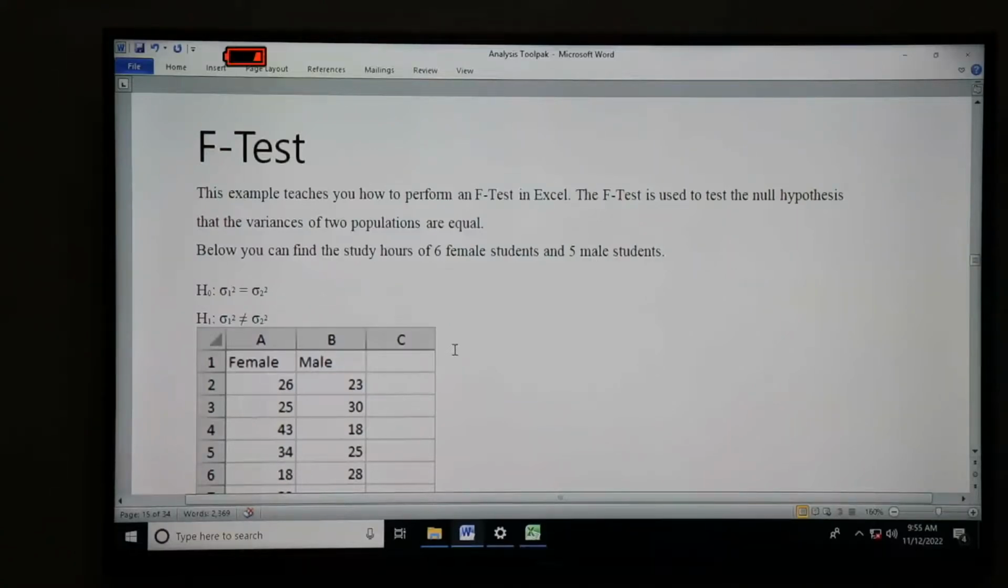The F-test is used to test the null hypothesis that the variances of the two populations are equal. So that is the F-test. If you check more about this F-test, which I said it is important to dig a bit deeper about,